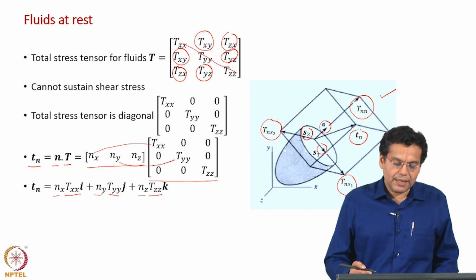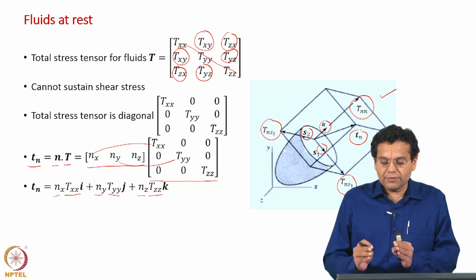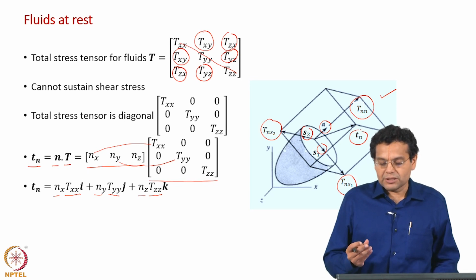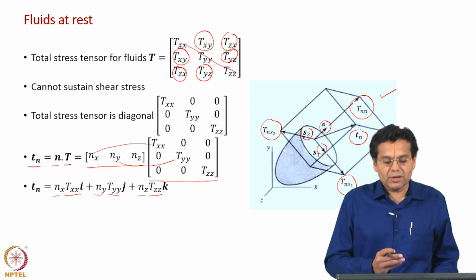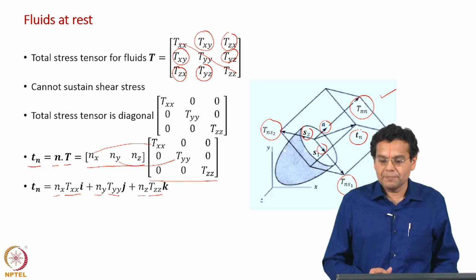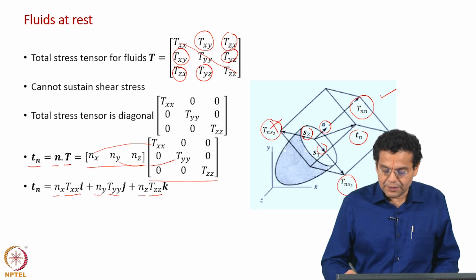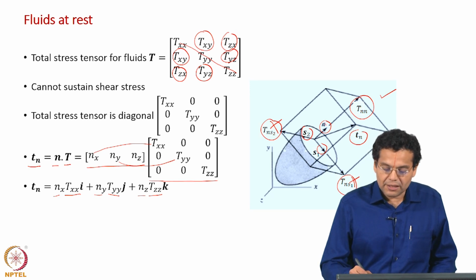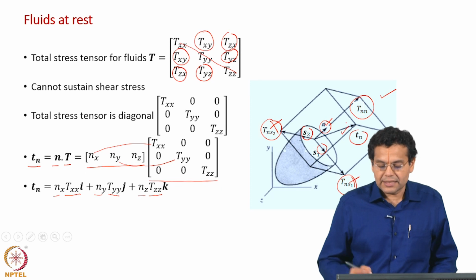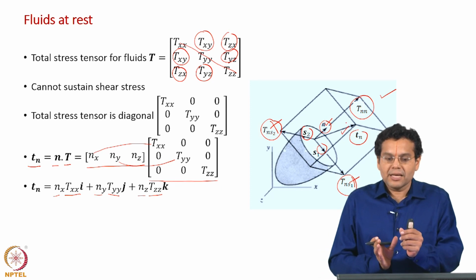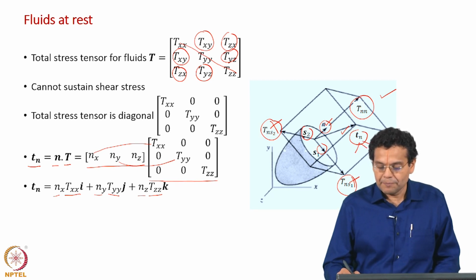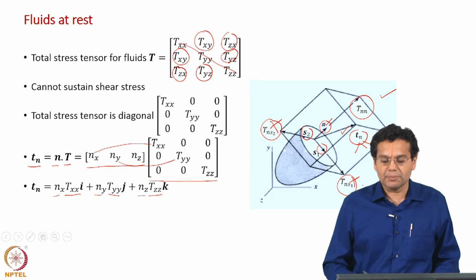This is applicable for a fluid under moving condition. Now, suppose imagine this to be a surface in a fluid under static condition. What did we say? There are no shear stresses at all. So, this component is not there, this component is not there. Remember, this normal direction and the stress vector are at an angle to each other because of the presence of shear stress components. Because the stress vector has 3 components, 2 shear stress and 1 normal stress component, it is at an angle to the n vector, the normal vector.